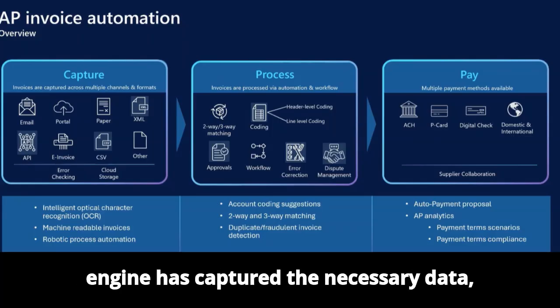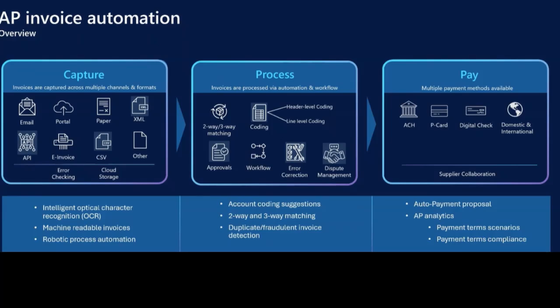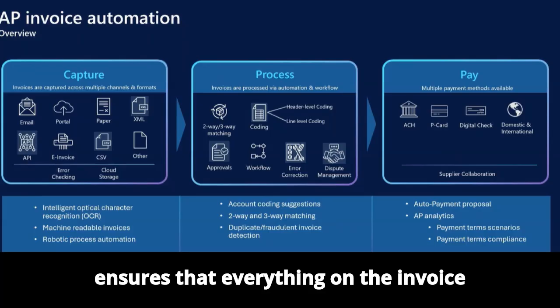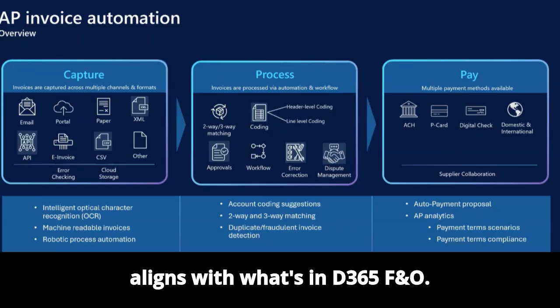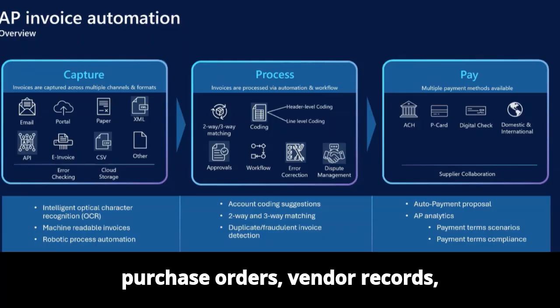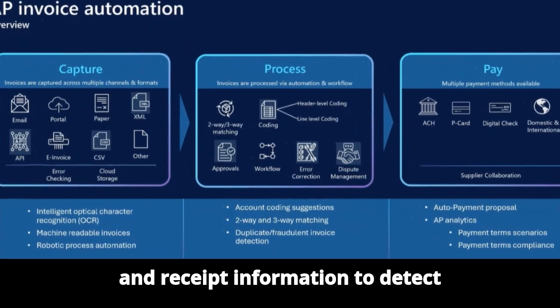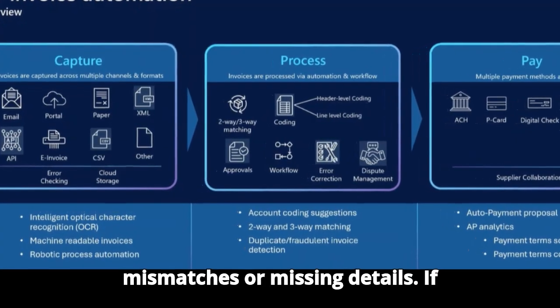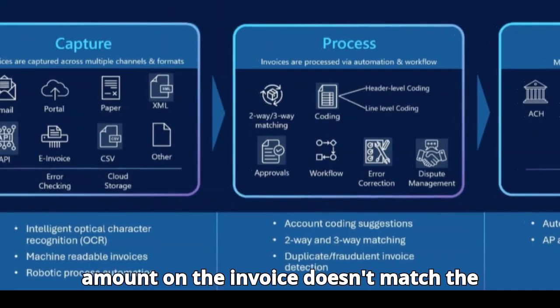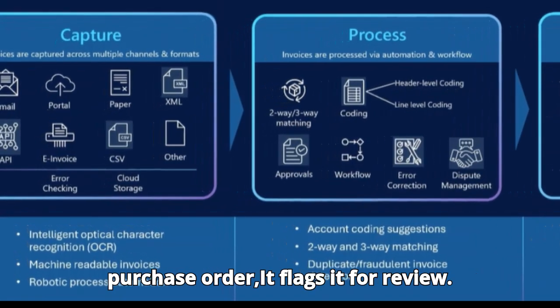Once the OCR engine has captured the necessary data, it performs a validation check. This step ensures that everything on the invoice aligns with what's in D365 F&O. It checks the invoice against existing purchase orders, vendor records, and receipt information to detect mismatches or missing details. If something doesn't add up, say, the total amount on the invoice doesn't match the purchase order, it flags it